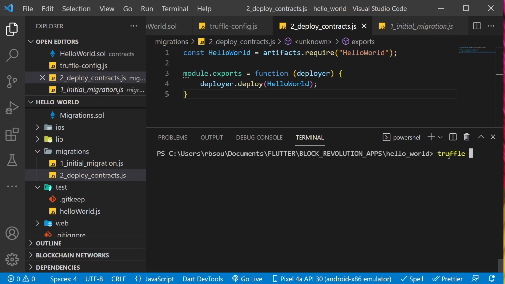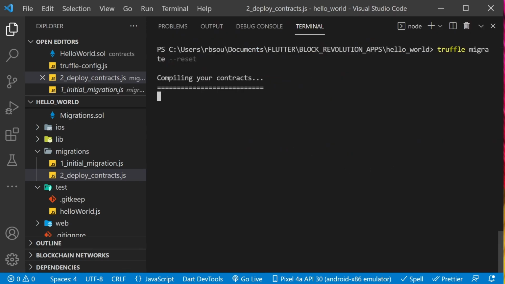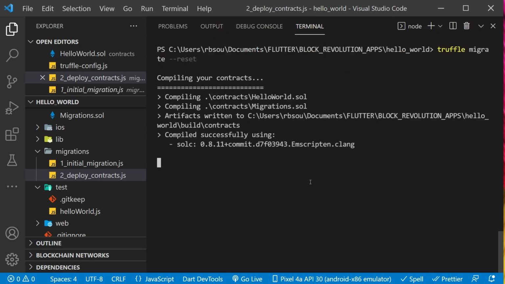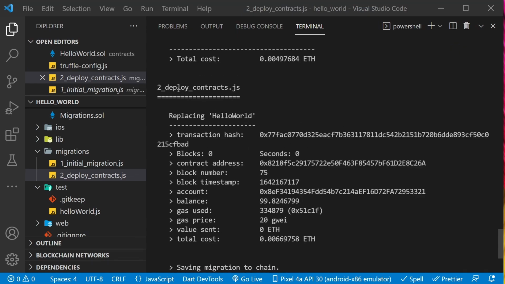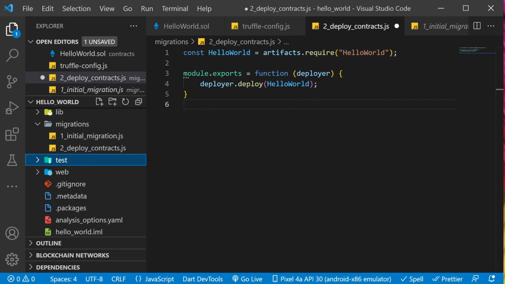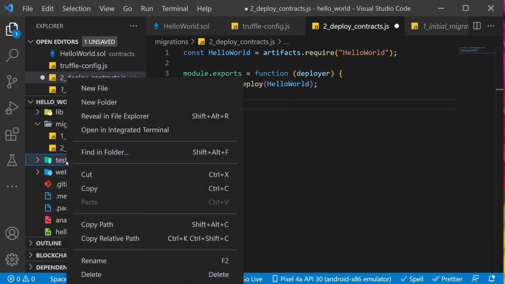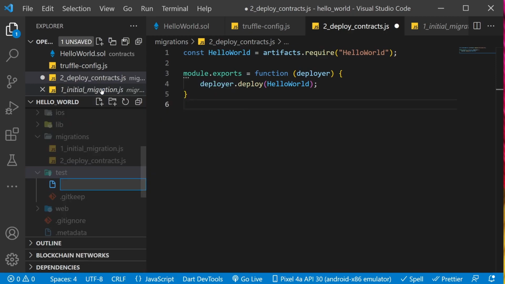We can write truffle migrate, or if you already migrated, you can use truffle migrate --reset. Let's use it, and now it should compile successfully. So here it is. In the HelloWorld contract we have the blocks, and most importantly the contract address that is here. Because we are using test-driven development, let's create inside the test folder a new file called